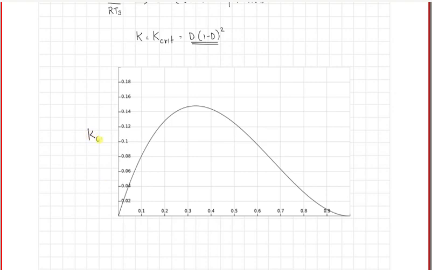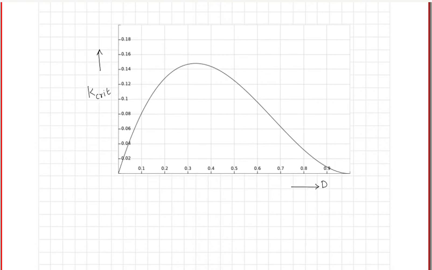So on the y-axis you have the k critical, which is d times 1 minus d the whole square, and on the x-axis is your duty ratio d. So this variation shows that it is not a monotonically increasing or decreasing function, rather it is a curve with a peak maximum at some value. So what the curve will tell you is that,